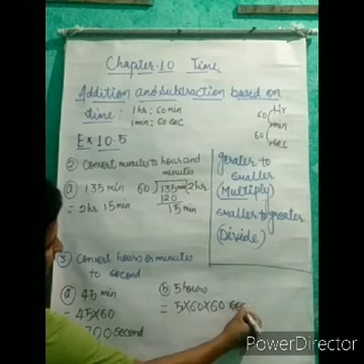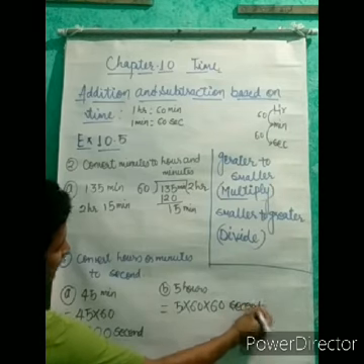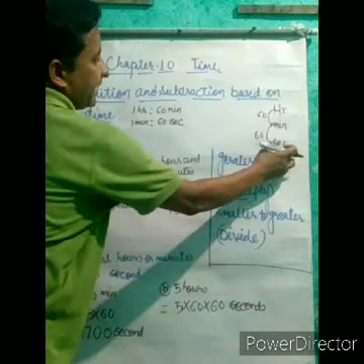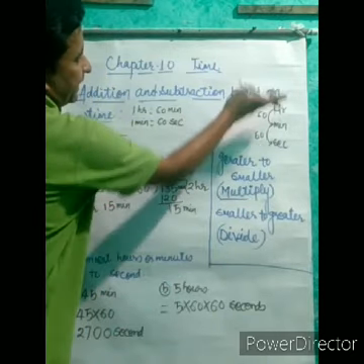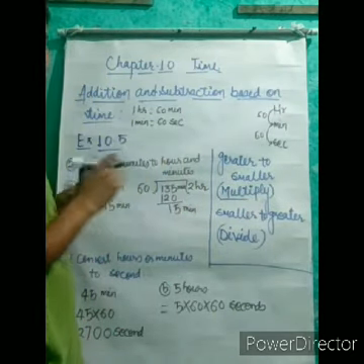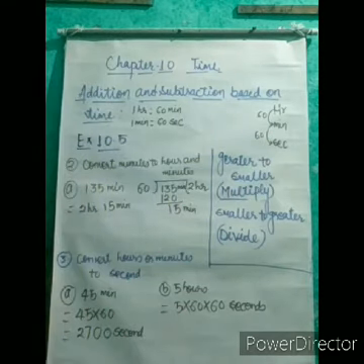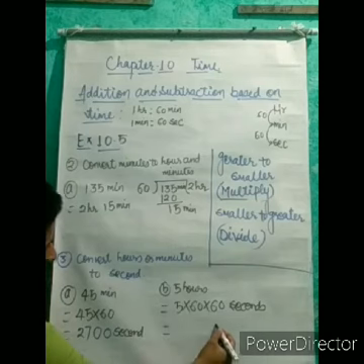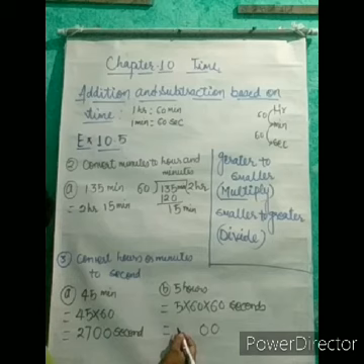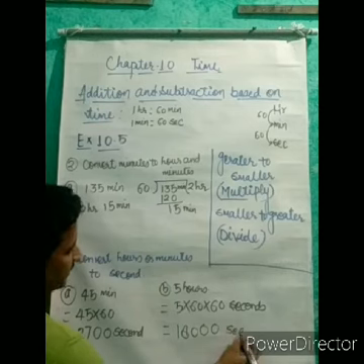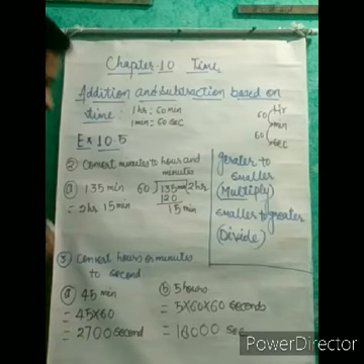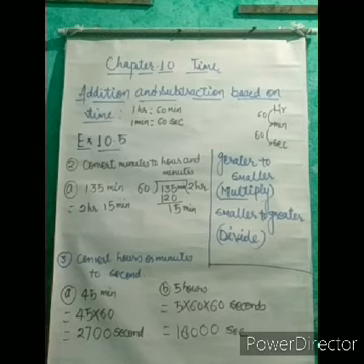You can see we are converting hours into seconds. Greater to smaller means multiply. Then by how much will we multiply? 60 into 60 you can multiply here. At last you can see what the answer comes to. 6 5s are 30, 36, 18, 18000 seconds. So it is this many seconds. We will do two more questions.